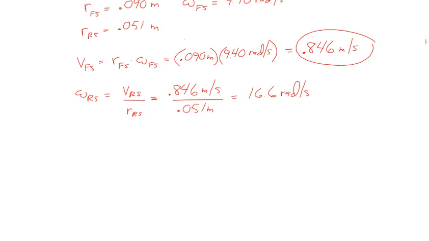So the centripetal acceleration, using v squared over r, is going to equal 0.846 meters per second squared divided by